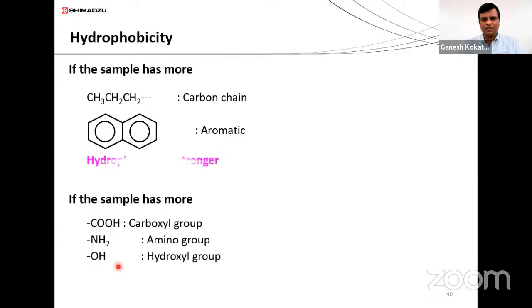So in the first scenario, the hydrophobicity is stronger, right? And in the second one, the hydrophobicity is weaker. That means if the hydrophobicity is stronger, it indicates it's highly non-polar compared to this peak. So acid, amine, or alcohol are the highly polar components as compared with benzene or any carbon chain aliphatic